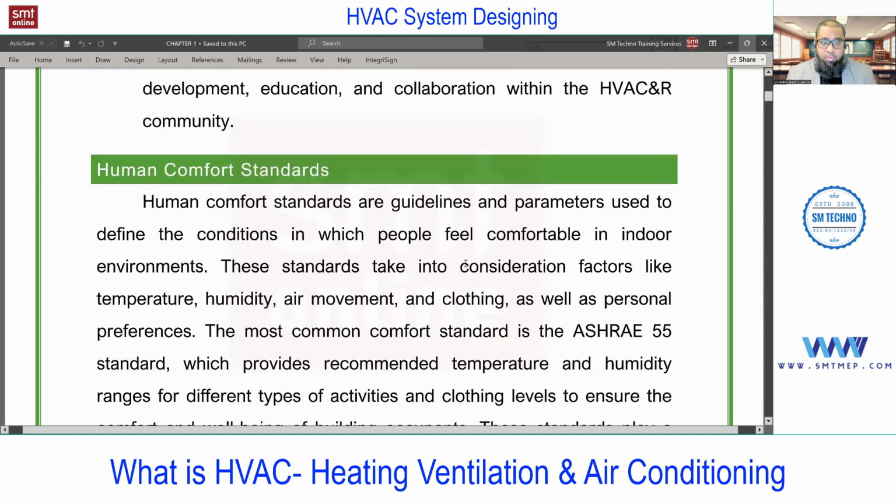The topic is about human comfort standard, because when we talk about HVAC, meaning air conditioning, in most cases we are maintaining these conditions for human comfort. No doubt we also use it for industrial process control, but first we'll talk about the human comfort standard. For that we follow ASHRAE Standard 55.